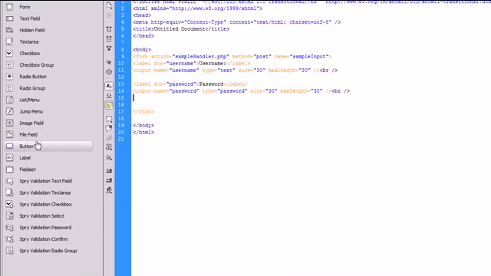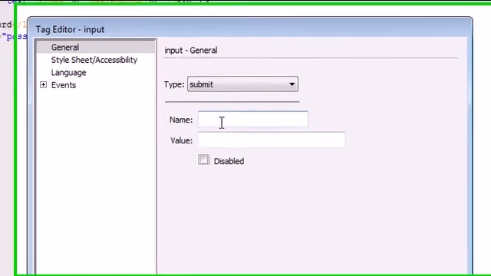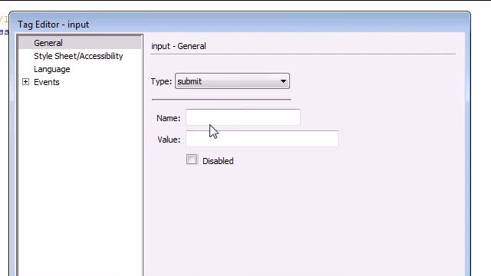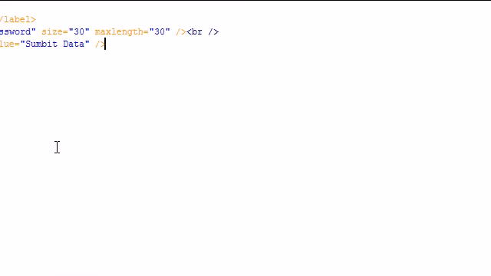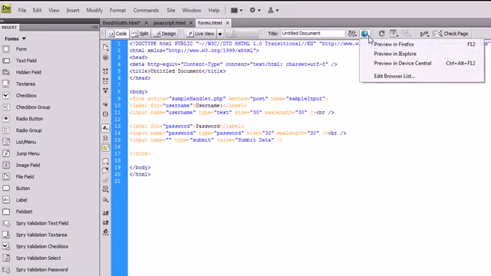And now I'm going to go over here to button, and I'm going to make this type submit. And we don't need to give it a name or a value. I guess we could give it a value. We could say submit data. If you don't give it a value, the default value is going to be submit query, but we're just going to leave it as submit data. So I'm going to save that, and I'm going to run it,